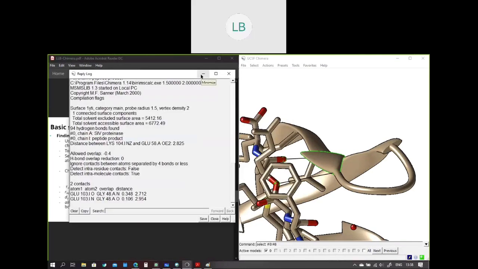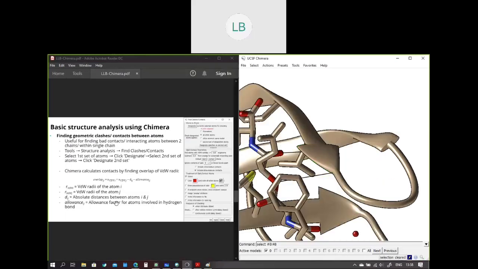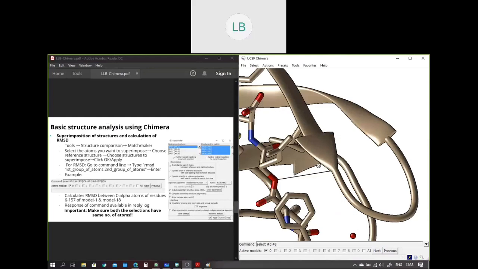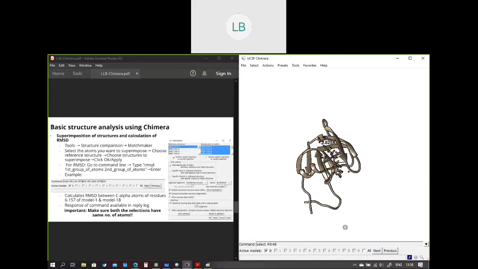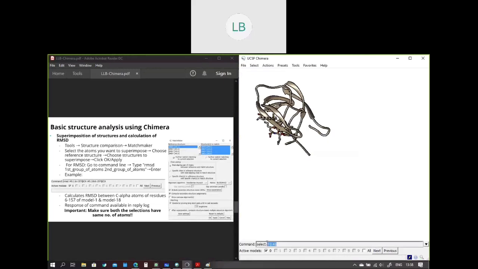Next we'll move on to superimposition of structures and calculation of RMSD. For this, I'll load two protein structures which are similar, but slightly different, and we'll try to superimpose the structures. So I'll open another protein, open 2mgy.